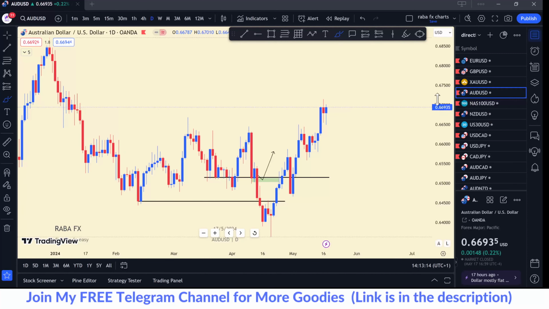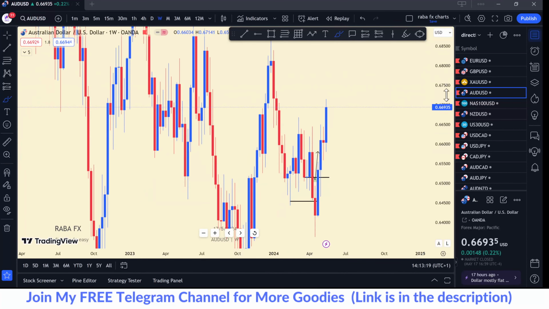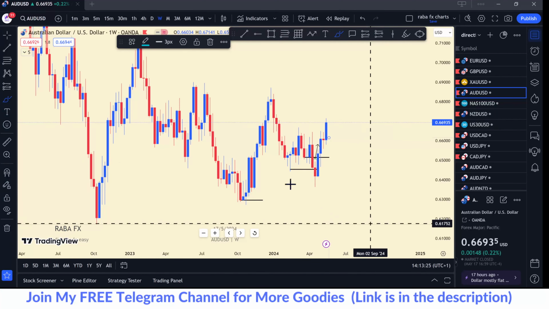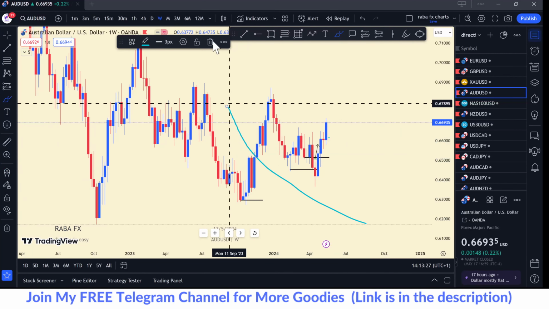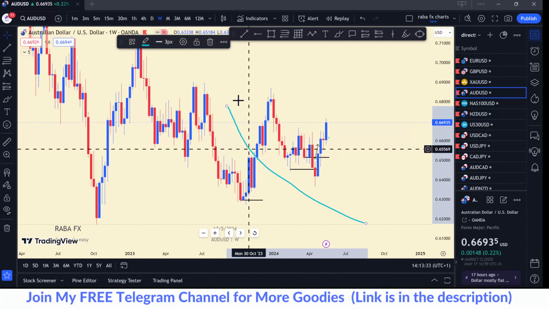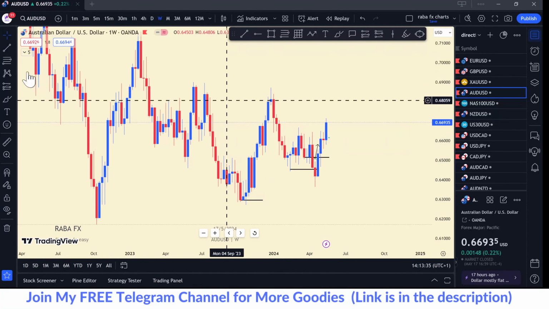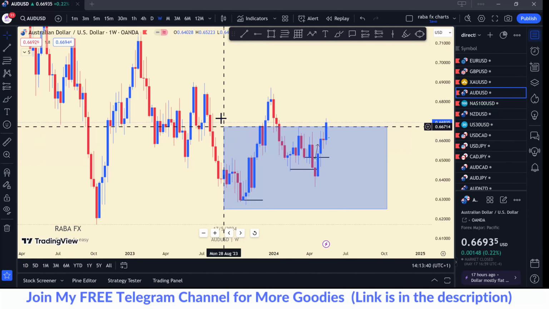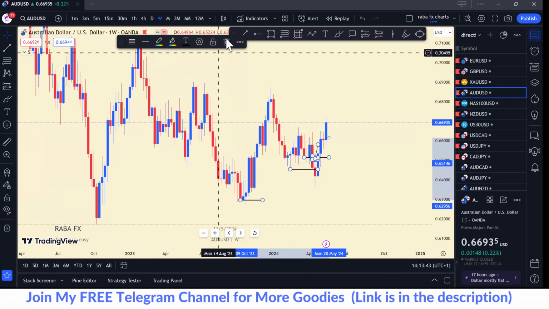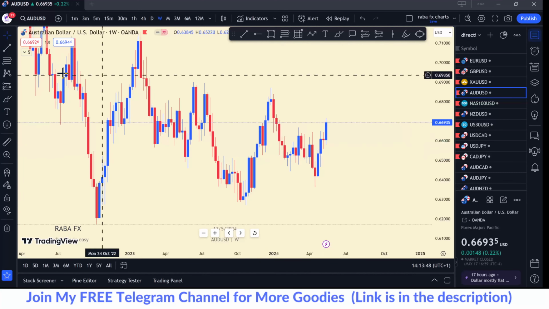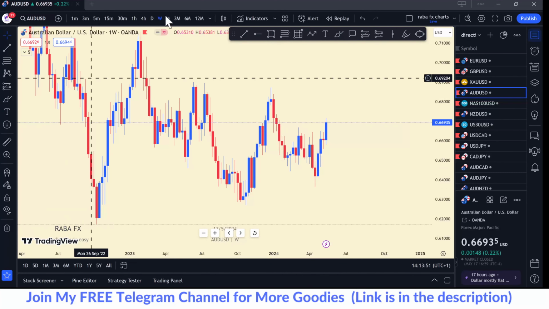Okay, so let's go back. AUD USD. So in my last analysis, I don't think I did any form of analysis on the Australian dollar. Okay, so let's quickly take a look at this, because I know some of my students love trading AUD USD. So if they come across this, that will be a good bonus for them.